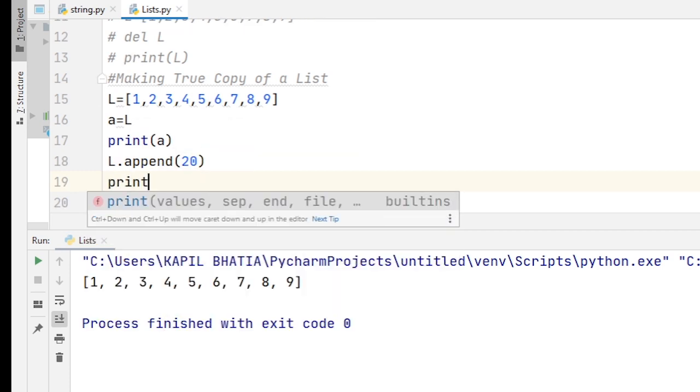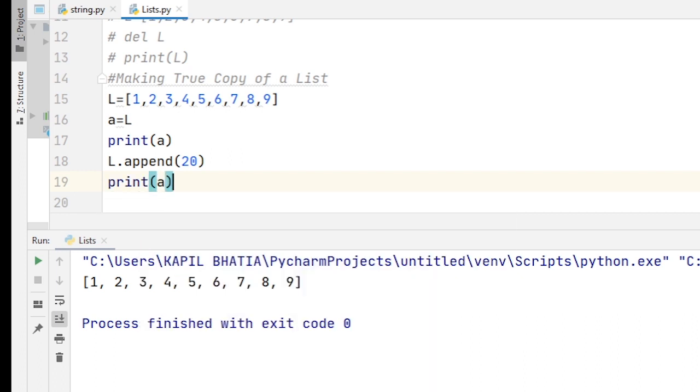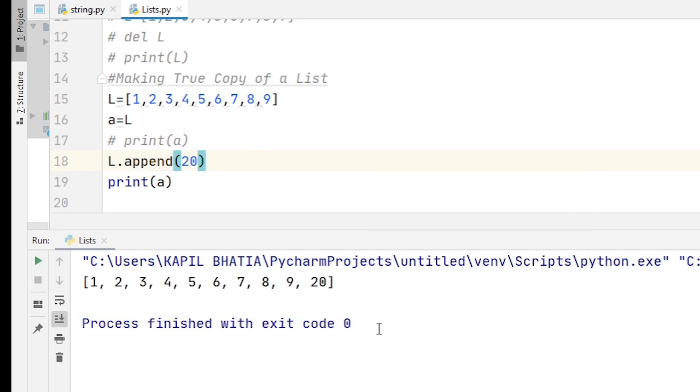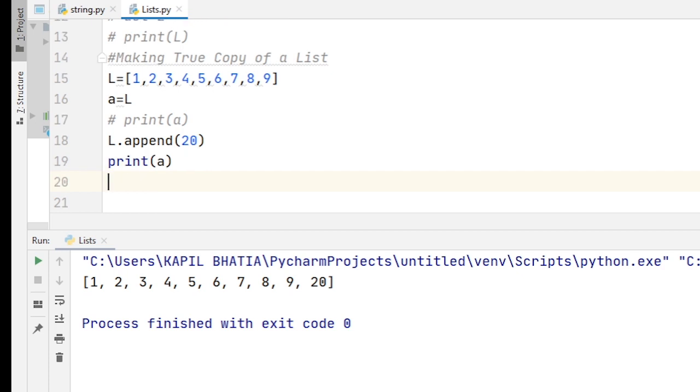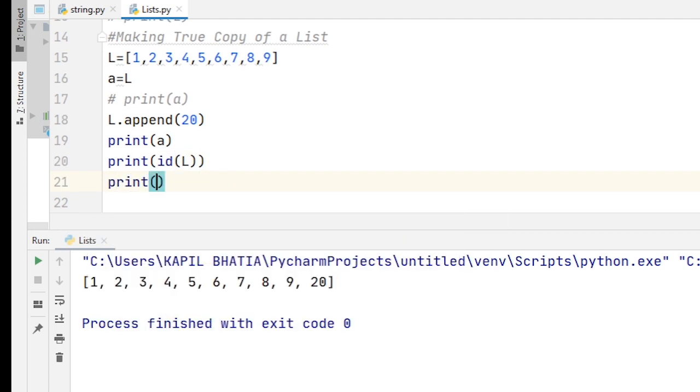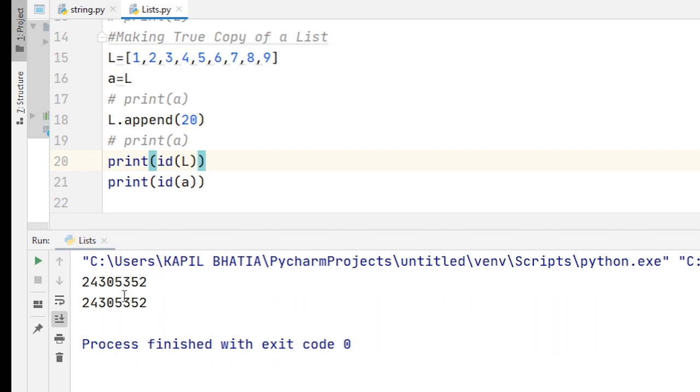When I print the value of A and run this code, here you can see 20 is also added into list A. One more thing, if I find the ID of A and ID of L and run this code, here you can see the ID of A is the same as the ID of L.